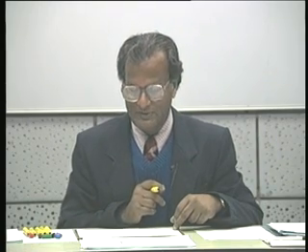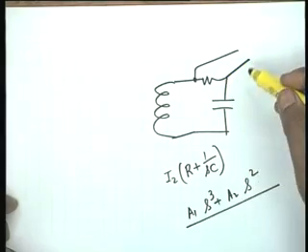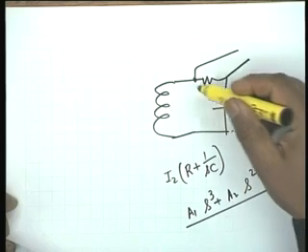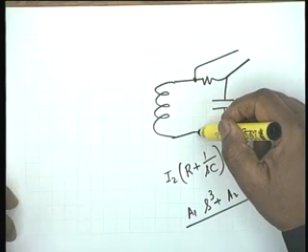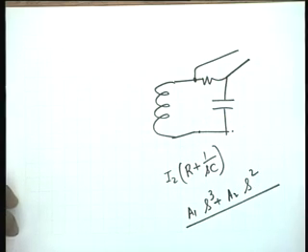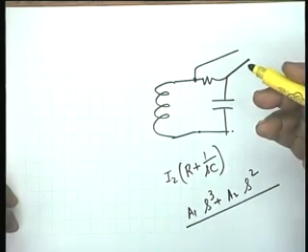Would it also be a band pass? Yes, sir. Sure, surely it will be band pass. Is there a way I can get a high pass from the double tuned circuit? You see, there are only 3 possibilities. I can take the output across resistance, I can take it across capacitance, or I can take it across the secondary. And in all the three cases it is band pass.